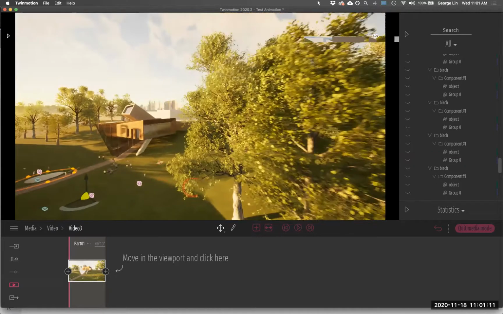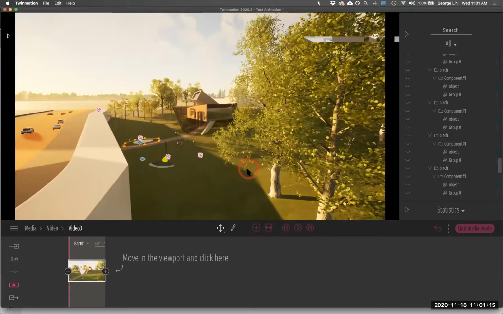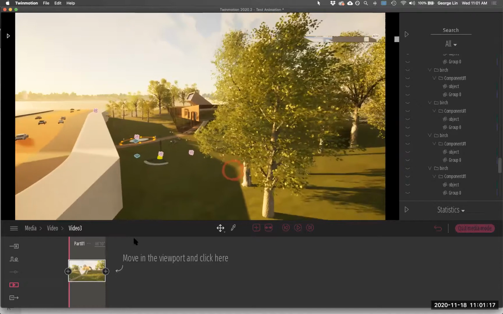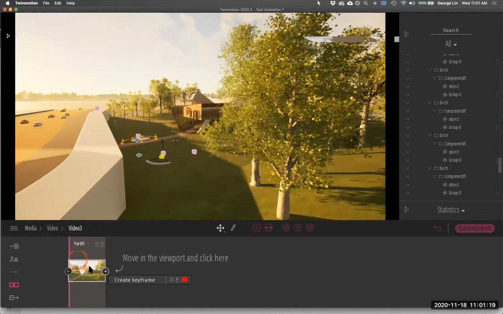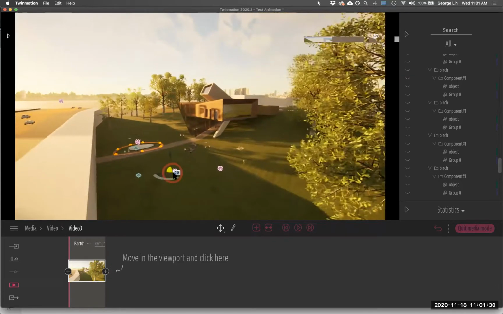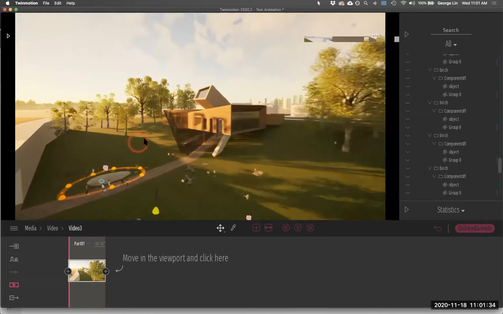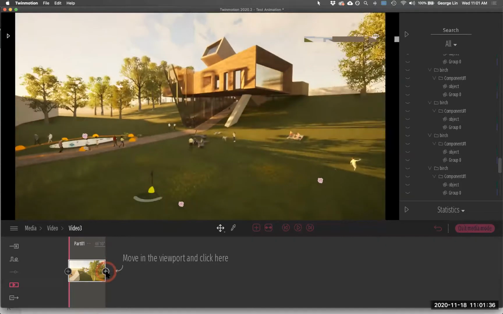So let's do a similar, but not the same, animation. Start here, right? Hit refresh to refresh the scene. This is the starting point. And then I'll walk forward. Whoa. And then I'll be over here. I'll hit the plus button